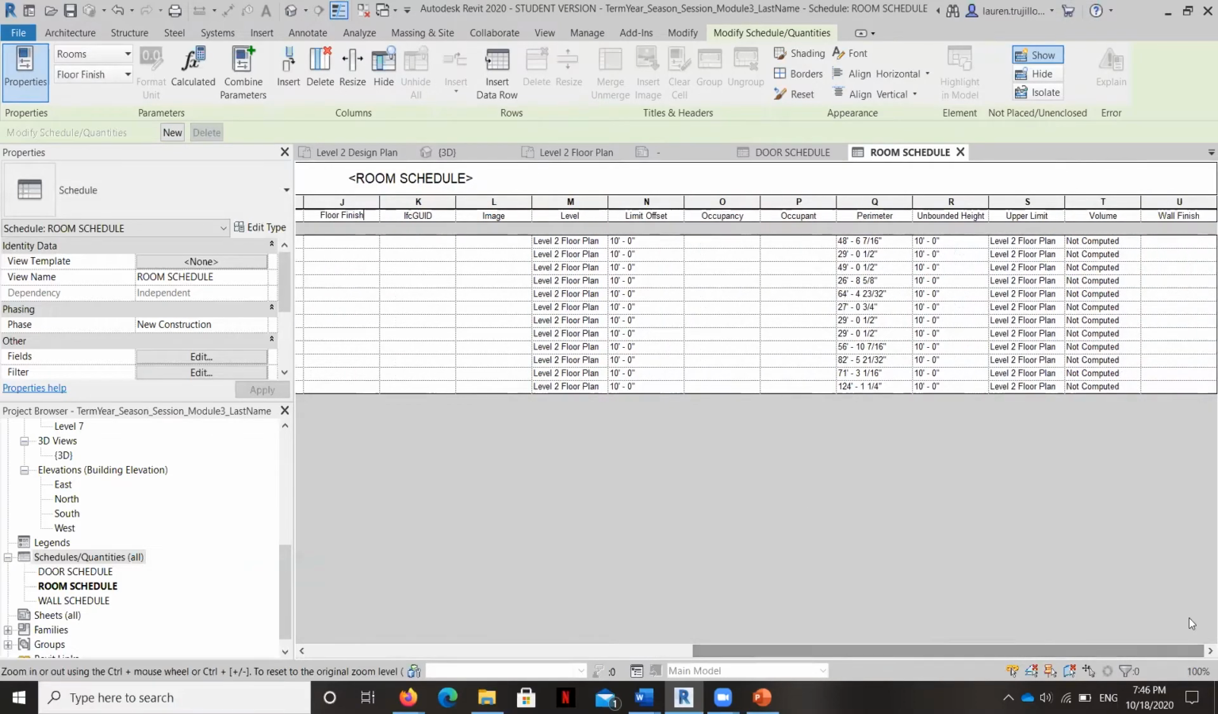And that's because, again, we would have to hit the edit type and fill in this information for the actual floor itself. What we do have that's helpful is the ceiling height, the upper limit. We also have the perimeter. So if we needed to calculate how much vinyl base, for example, we needed, it would be there as well. But just keep in mind that the wall finishes, all these finishes and things, have to be populated both